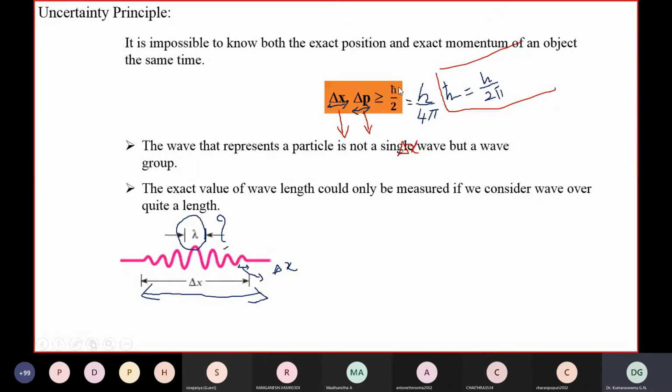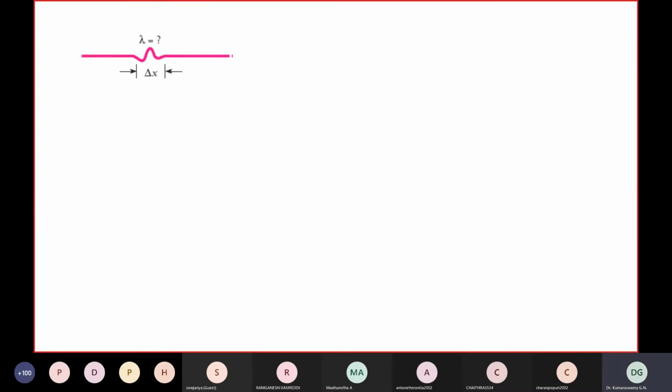So when we work on momentum, uncertainty in position increases. When we work on position, the uncertainty in the momentum increases. If you consider a smaller range, smaller distance, then delta x will be less. But in that case, we will lose the precision on lambda. Using lambda, we evaluate momentum. Momentum p is equal to h by lambda. So when lambda is imprecise, the uncertainty in momentum will increase.